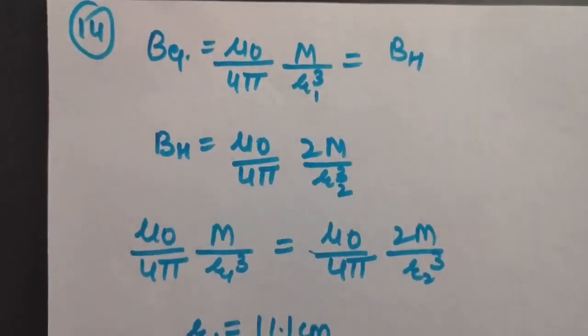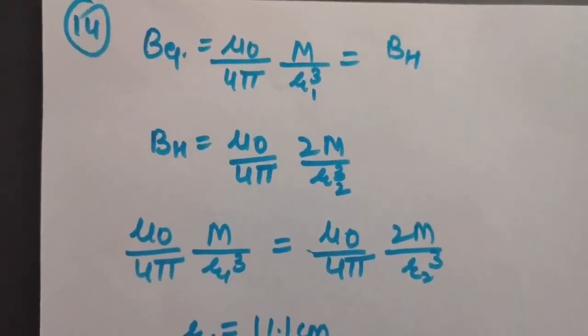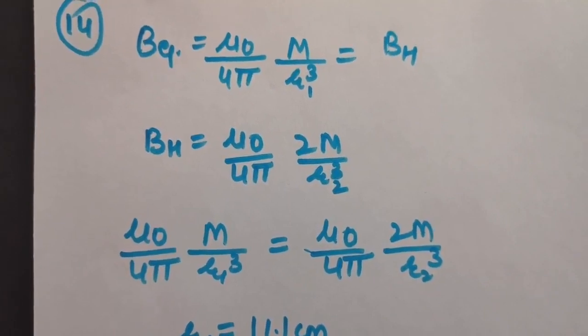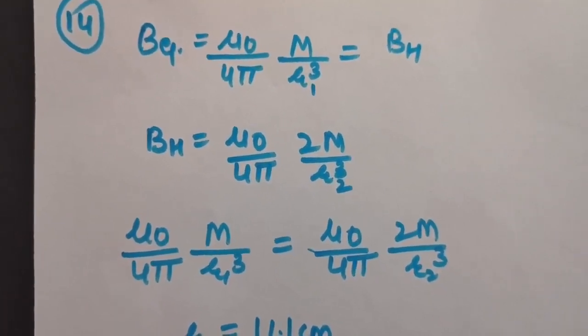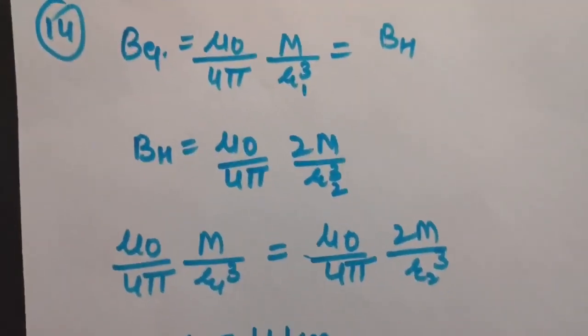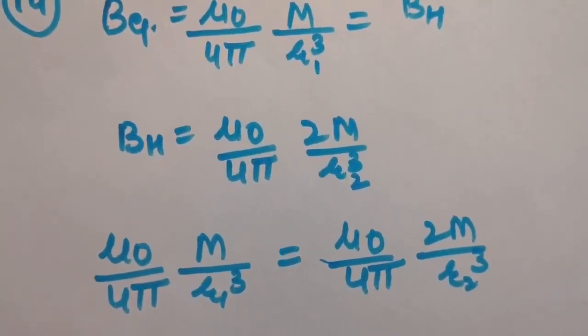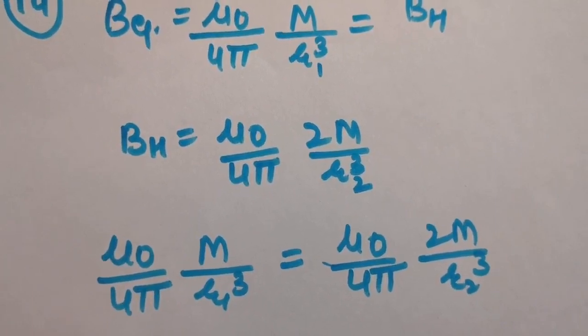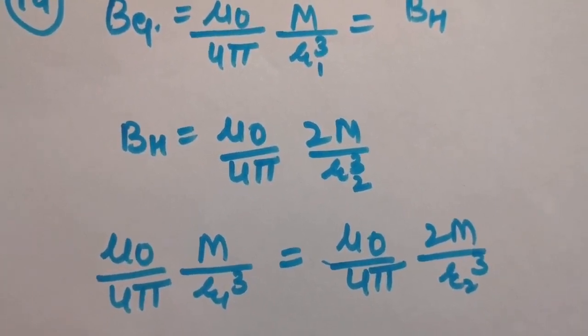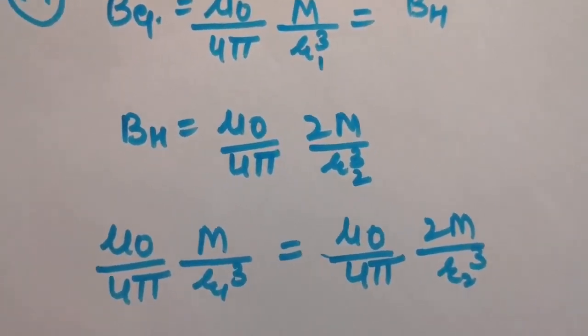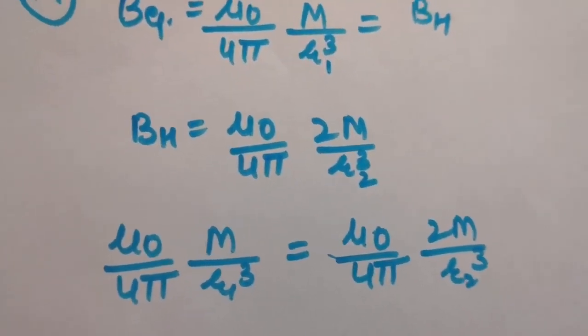Now question number 14 says, if the bar magnet in the above question is turned by 180 degree, where will the new null points be located? See, if your bar magnet is rotated by 180 degree, that means the neutral points would now lie on equatorial line, because initially they were lying on axial line, now they will lie on equatorial line.